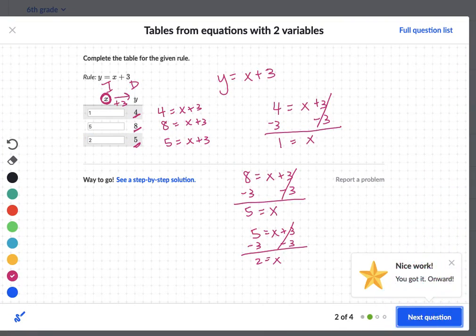Okay, so you're always going to replace whatever values they give you into the rule in order to find out the other value. Just be careful which one is independent and which one's dependent. If they give you the dependent like they did this time, you will have to work backwards to kind of work your way back to the cause or the